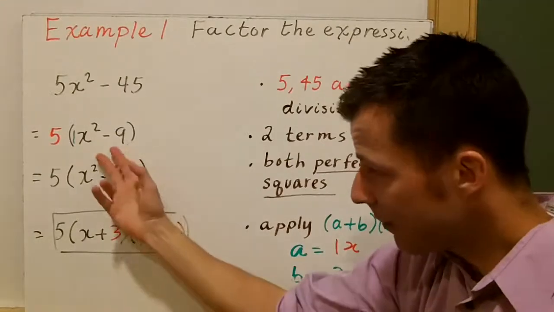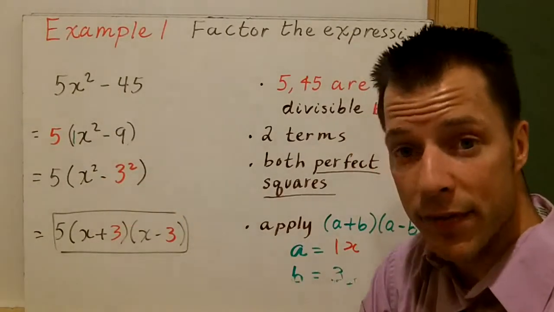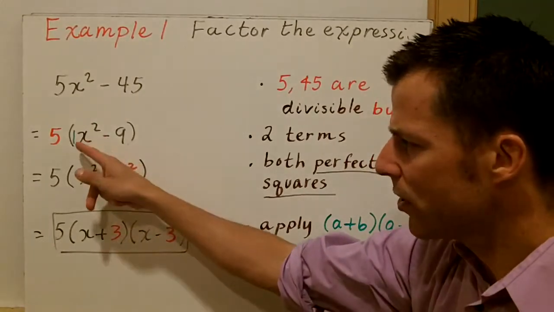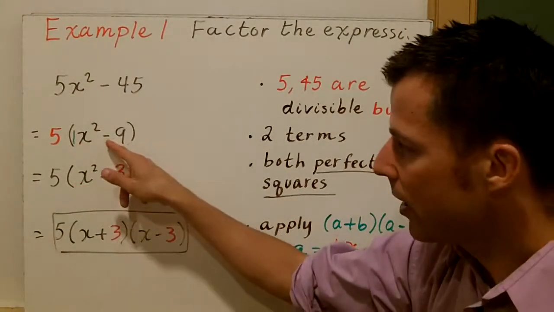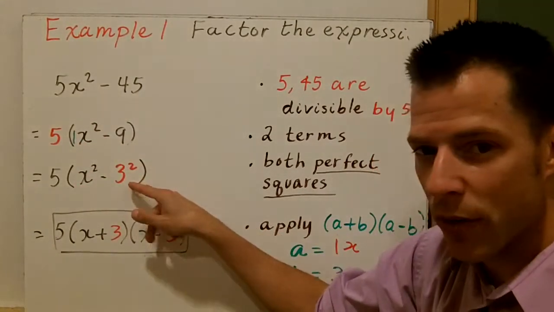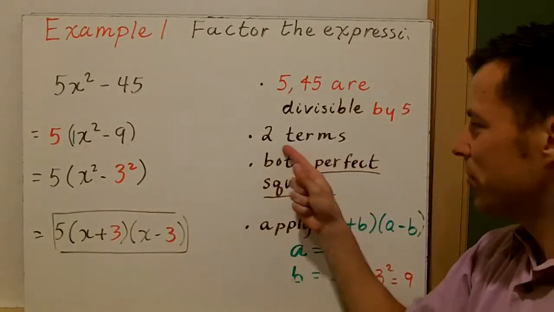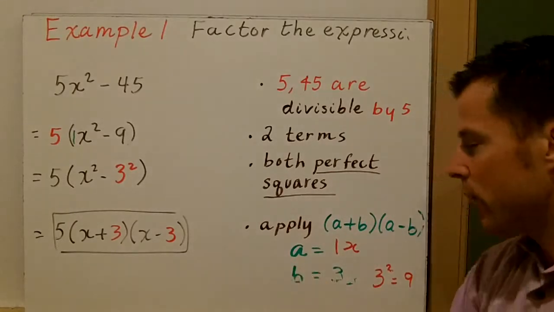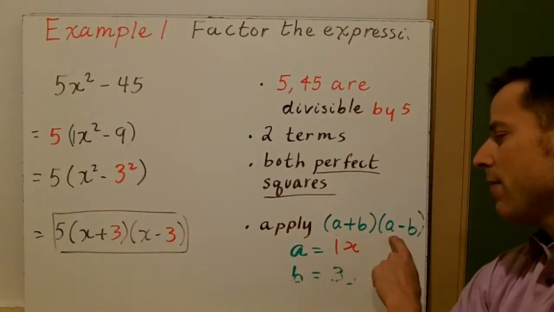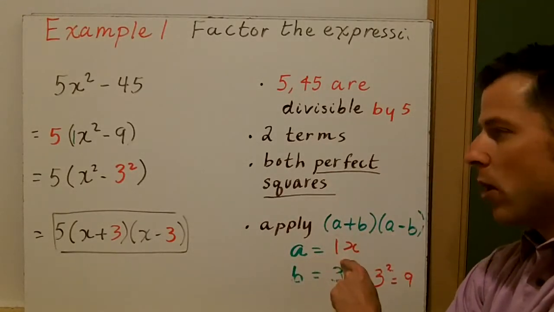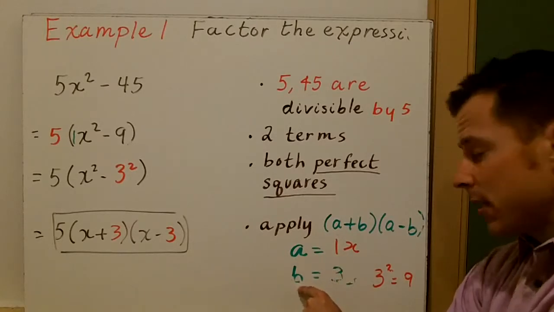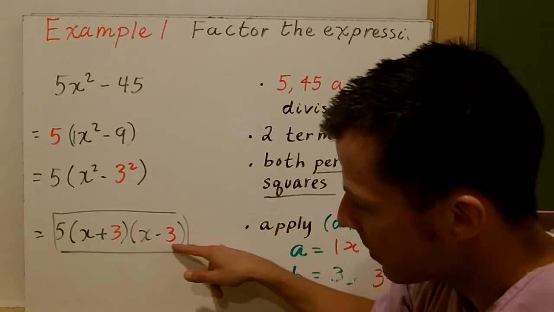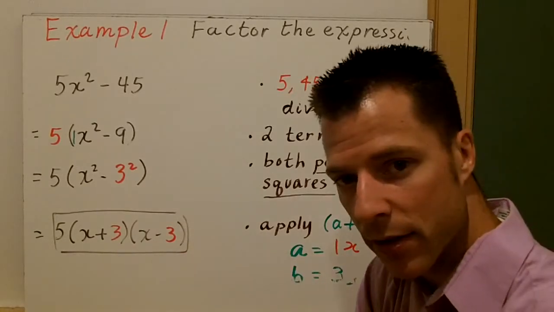Now in my mind, I have to factor what's in parentheses if it's possible to factor. So when I look at that, I say, well, x squared is just 1x squared, and 9 is actually 3 squared. So now I have two terms in parentheses that are both perfect squares. So let's apply the rule. a plus b, a minus b. a is going to be 1x, or just x, and b is going to be 3. So I have x plus 3, x minus 3, and I factored my